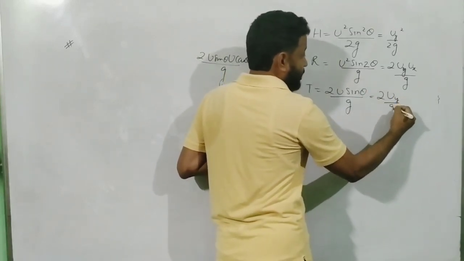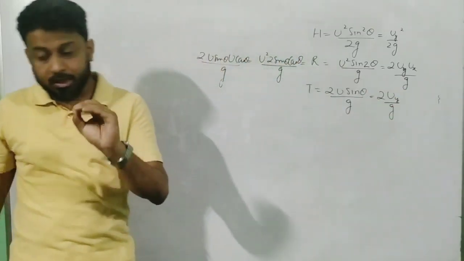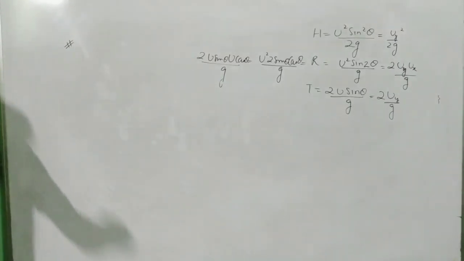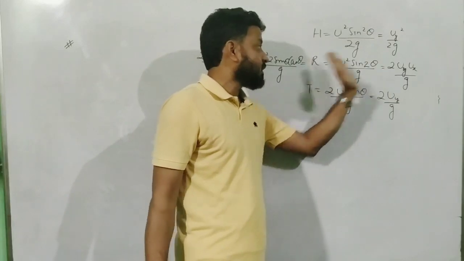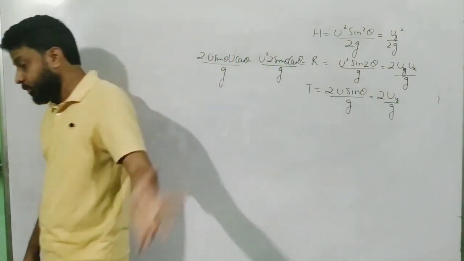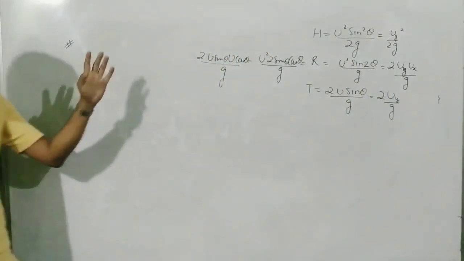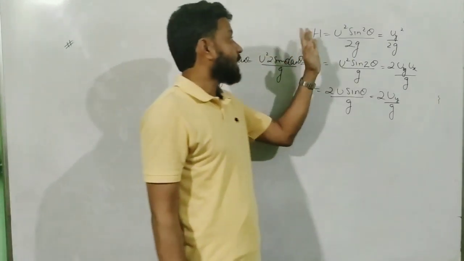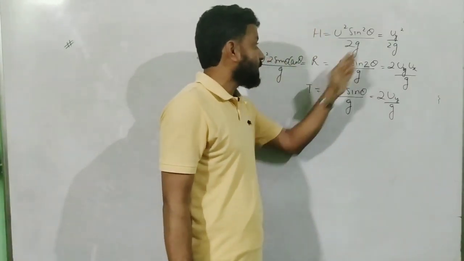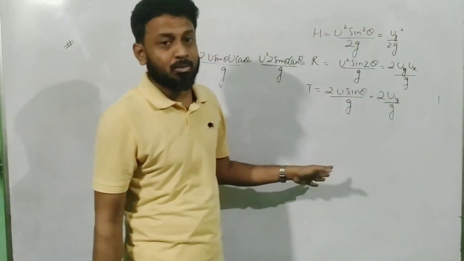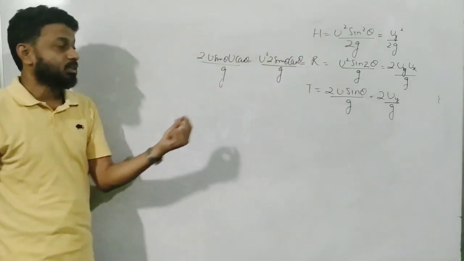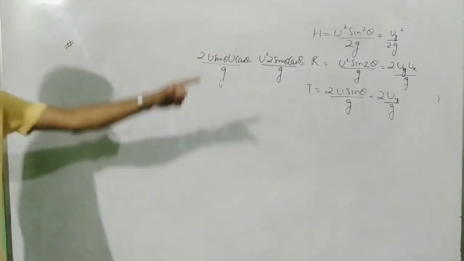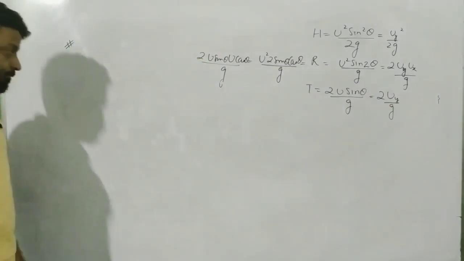Even if you see, the time of flight only depends on uy. So there are 2 variables, h and t, that depend on uy, whereas range depends on both uy as well as ux. So I suggest you make a note of this, that you remember the formulas of h, r and t in this manner, not in the other manner. That is going to mislead you if the question is twisted. Rely on this other formula.